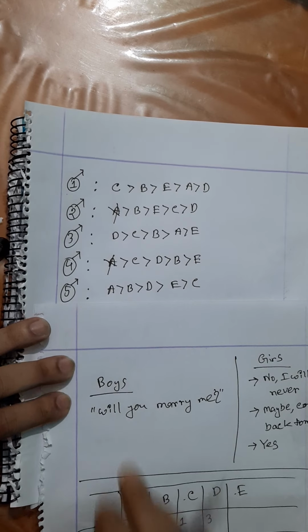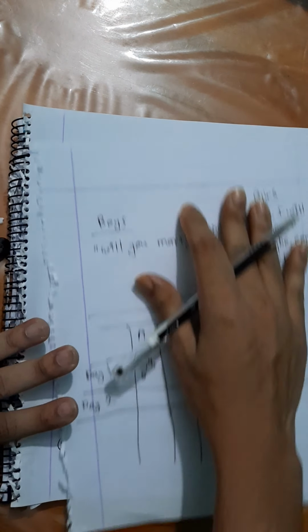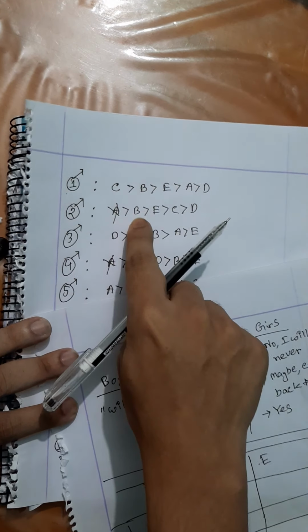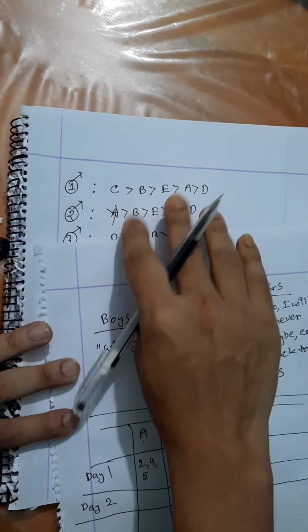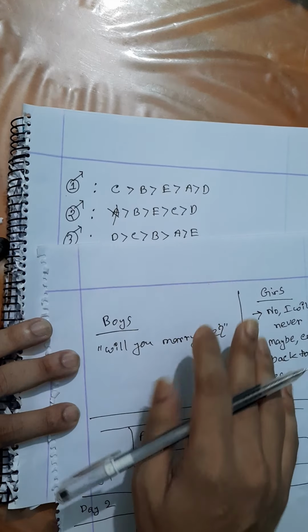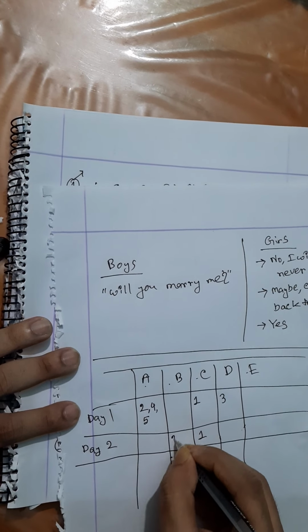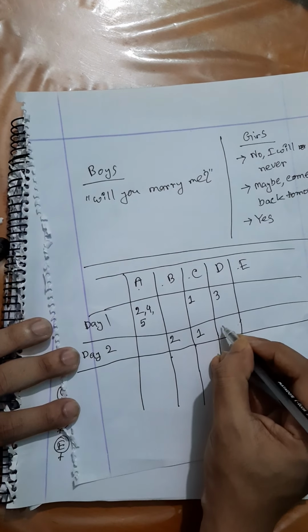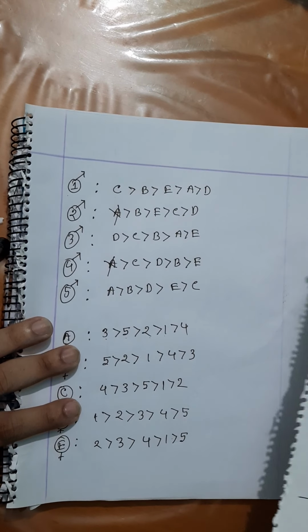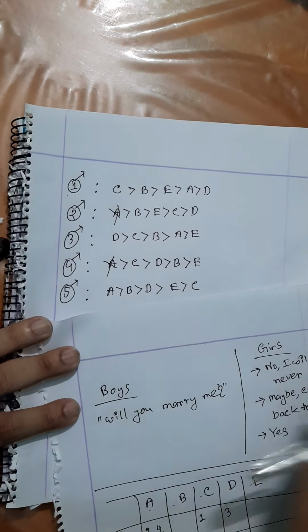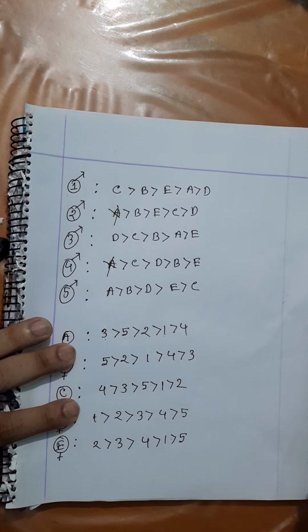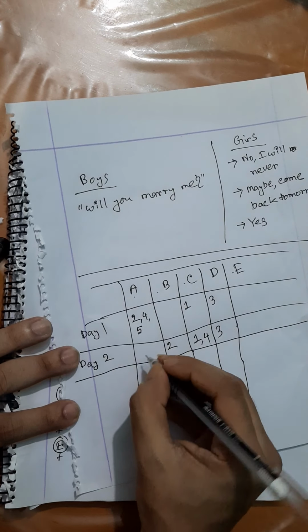All right, so 1 will again go under the balcony of C. 2 will now go under the balcony of B here, because he has already crossed off A from his list. So 2 will be under B here. 3 will go under D. 4 will go under C now, and 5 will go under A's balcony here.